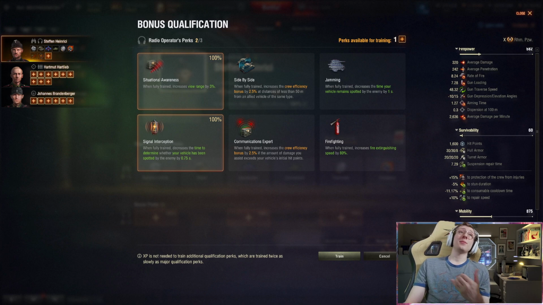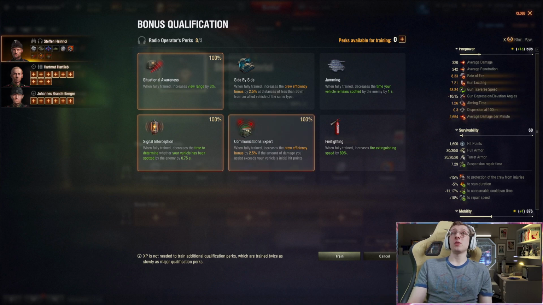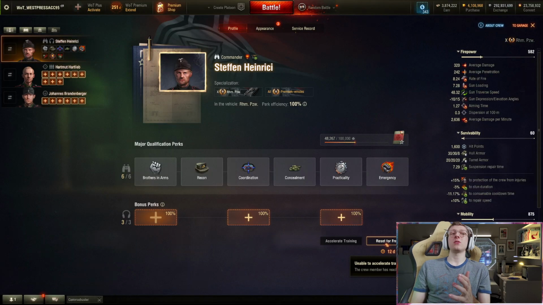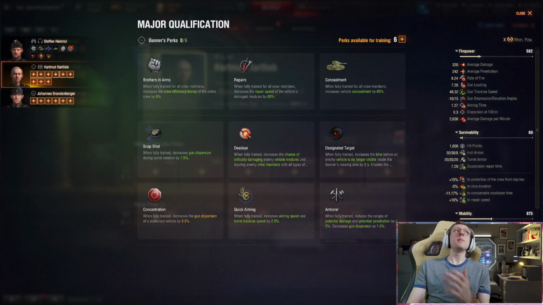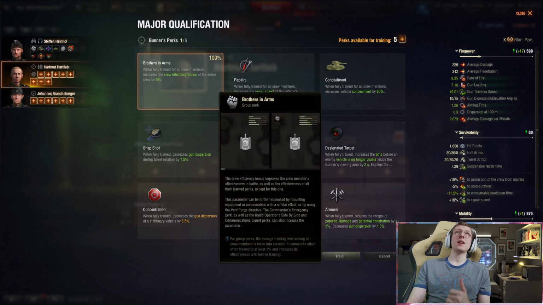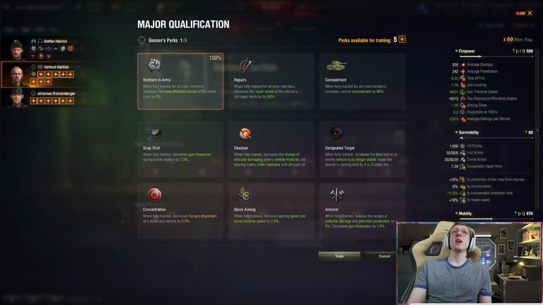So there's a lot of different buffs that you can run here. You need to run signal interception, though. So the question is, would you rather run firefighting or communications expert? I'm going to say communications expert, just because you get that buff. It's a permanent 2.5%. You shouldn't be getting shot too much in your light, so I don't feel it's as important to run firefighting. Making our way down to the next, we are going to run Brothers in Arms, and